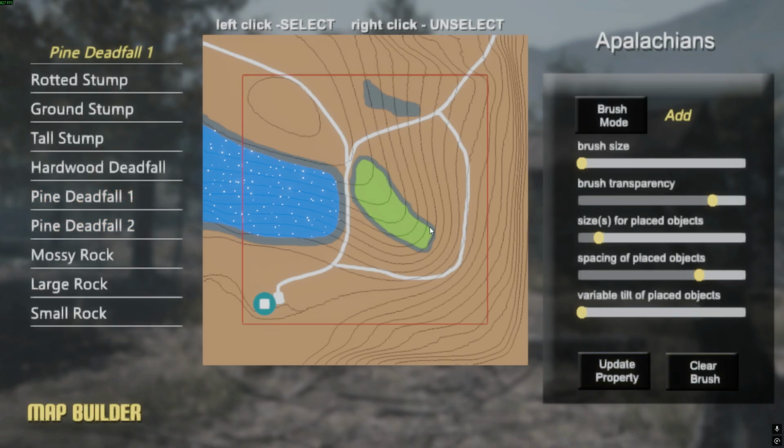All right, and then we'll go back to the ground stump. We'll remove all of them, and that is literally all the tall stumps that we're going to have. So we're going to go to the pine deadfall 1, and we'll just do,